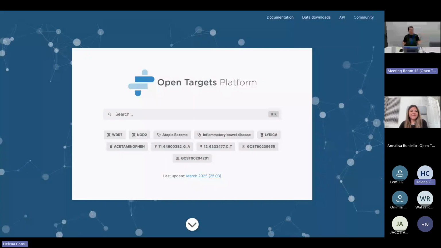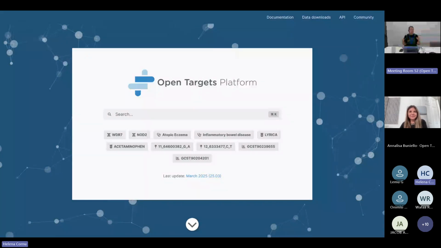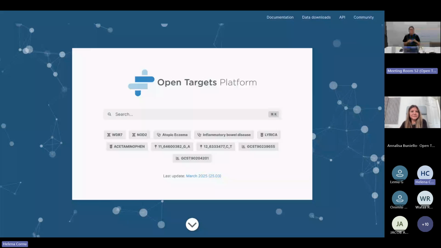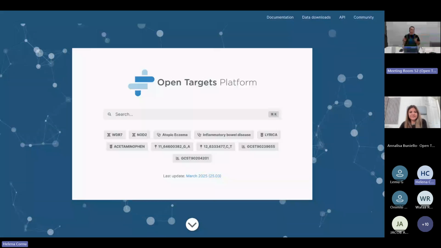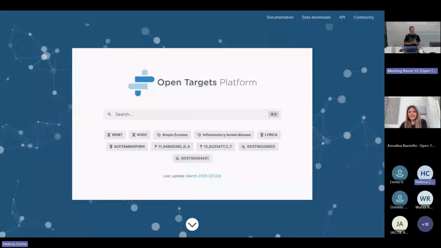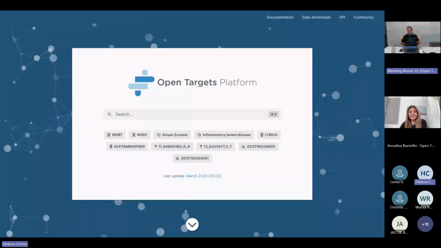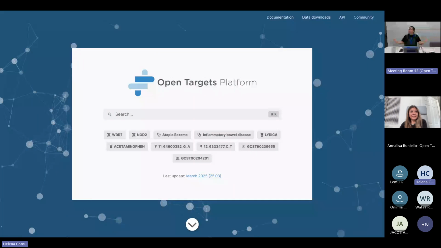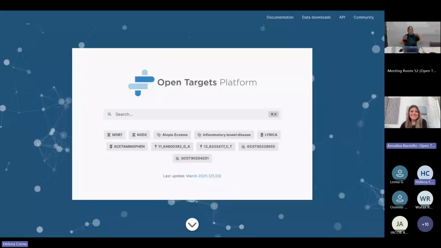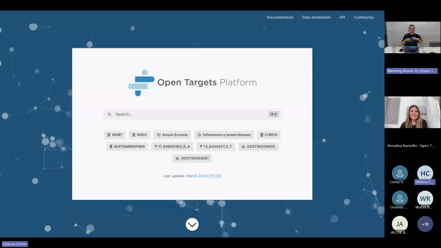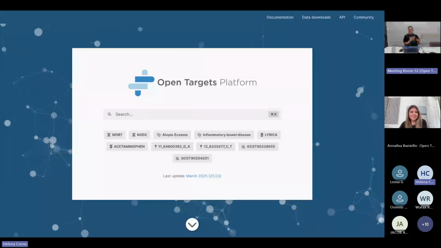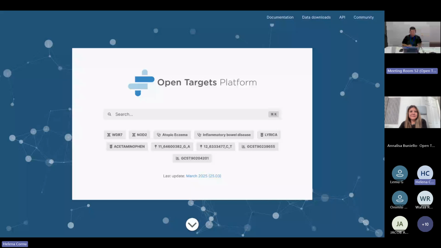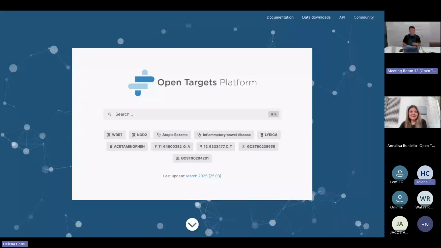One of those things which I've mentioned is the scoring. We have this score to give you a sense of how much information there is for a given data source. We also normalize everything to the same ontology. For example, one resource might call a disease a certain way and a different one might call it a different way. So before it goes into the platform, we make sure that everything is talking about the same thing. And so if you see evidence for a specific disease, that is the same across all of the different data sources. With that in mind,